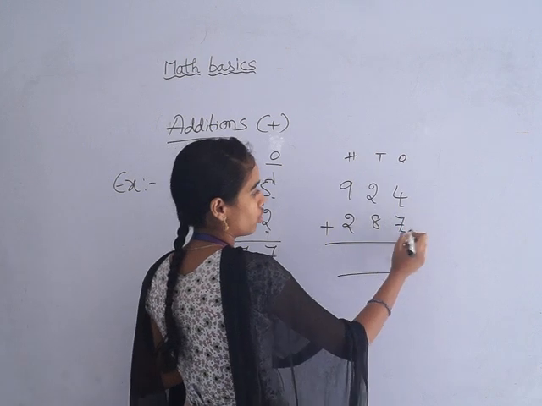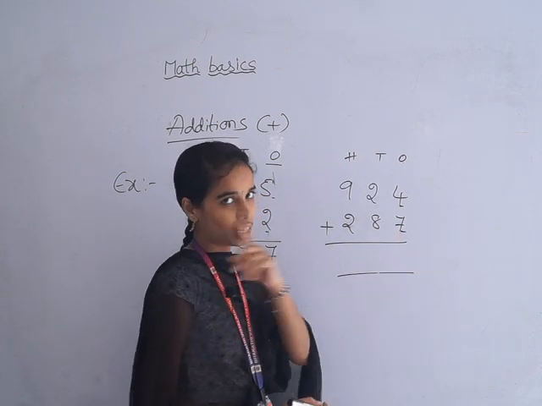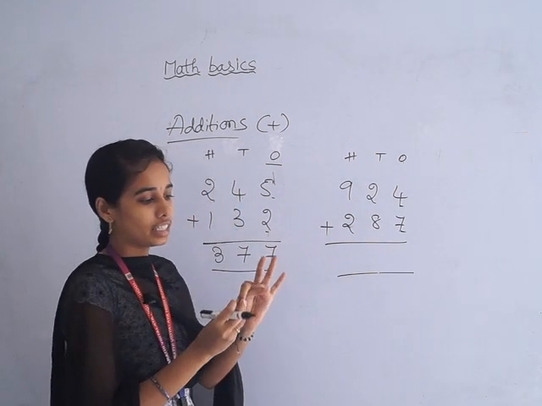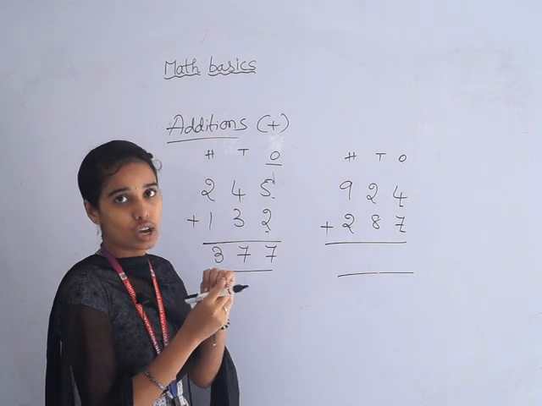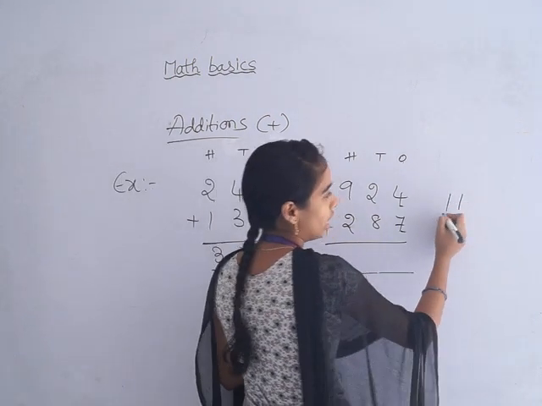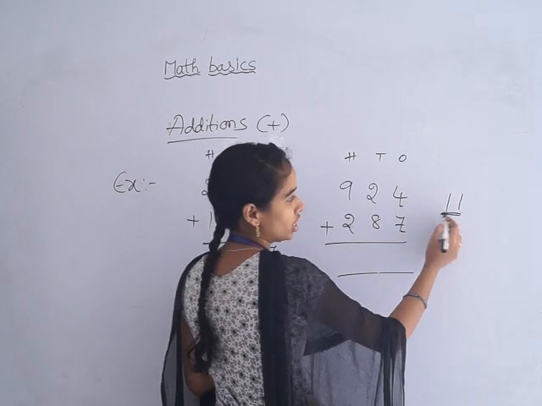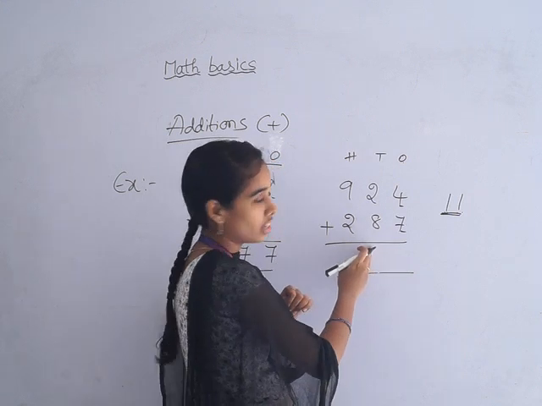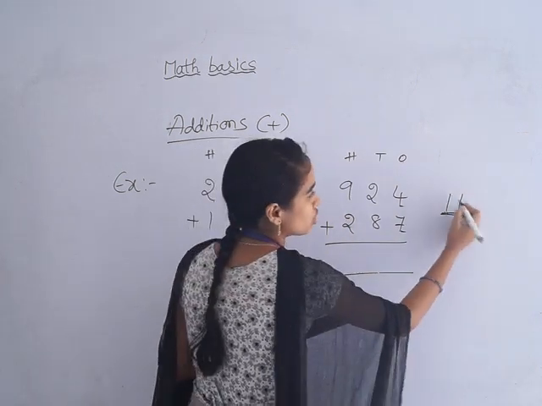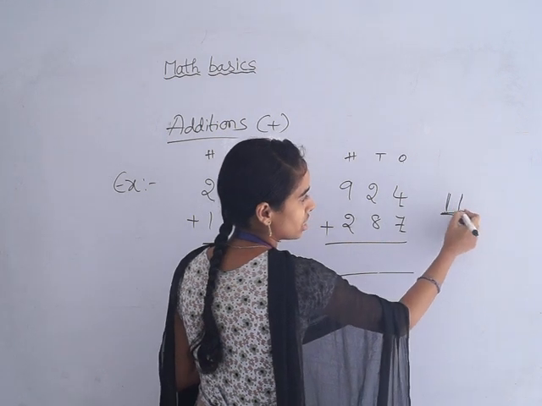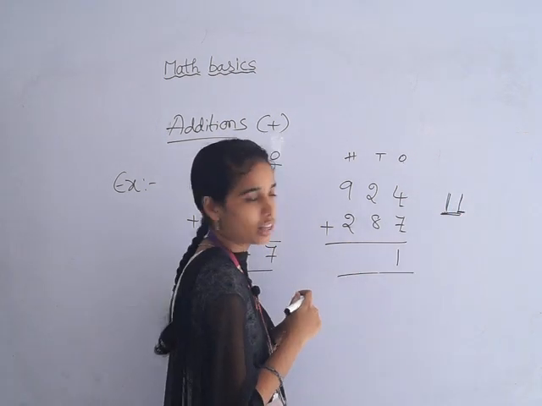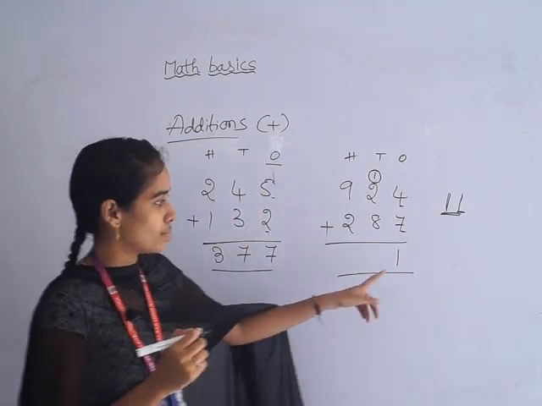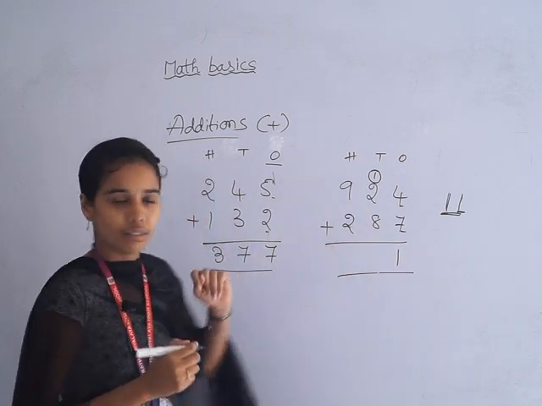First add 4 plus 7. 7 is the biggest number, keep it in mind, and open the small number, that is 4. Count after 7: 8, 9, 10, 11. So the answer is 11. But 11 is a 2-digit number, and here you have to write only a single-digit number. Why? Because we have to add the remaining number to the tens place. In 11, which number is in the ones place? 1. That should be written in the ones place, and the tens place number should be carried. Always write the ones place digit in the answer and carry the tens place digit.